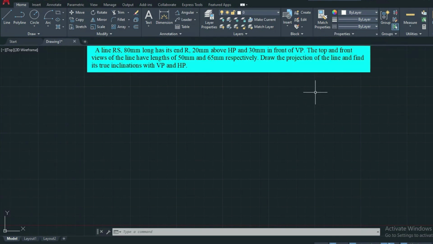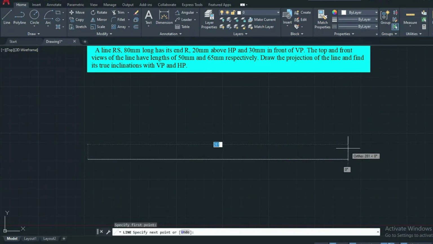The top and front views of the line have lengths of 50 mm and 65 mm. So here the true length inclination is not given. Instead, they have given the top view length and front view length. So here you can draw the XY line, a convenient length.